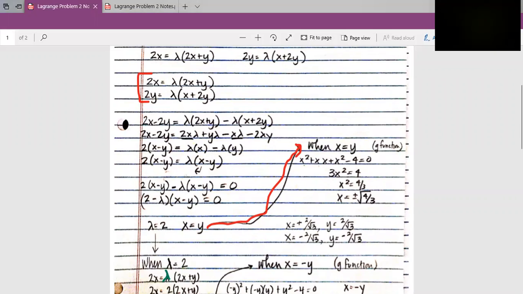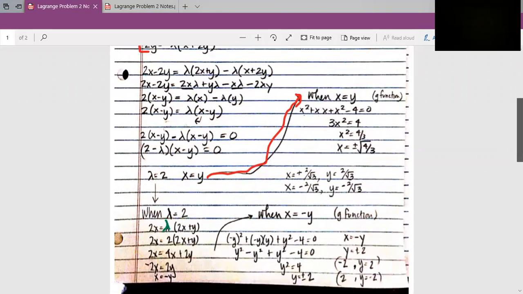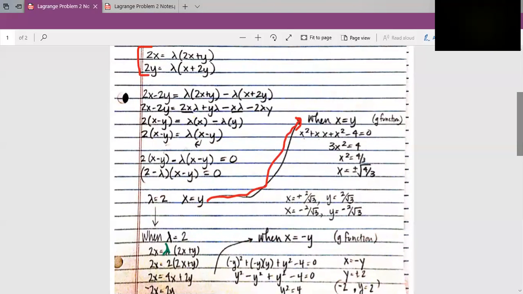Right, so then you have one other option, and that's what happens when lambda is 2. Now, when lambda is 2, I just plug back into the top equation, the partial with respect to x of f. You can plug it into the g function, the partial with respect to x, the partial with respect to y. It doesn't matter, wherever you can solve it. I chose the top equation. So 2x would equal lambda's 2 times 2x plus y. So if you solve that out,